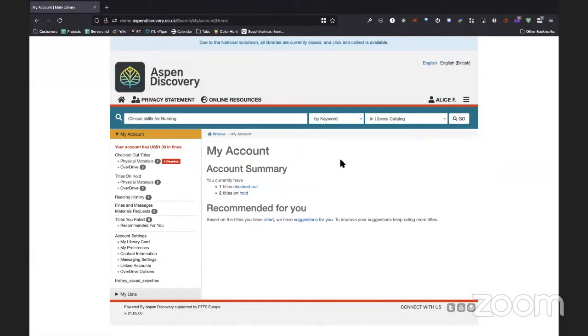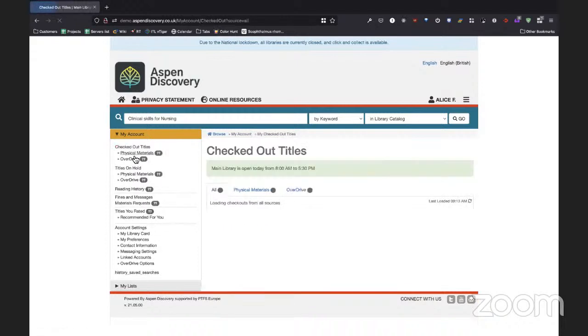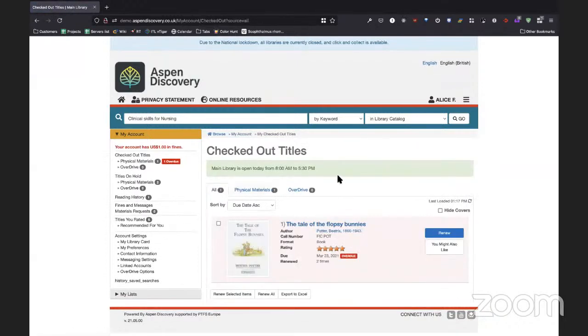And all of this information that you see here is coming live from Cohort. It's all pulled out of the library management system. So you can see it's pulling across fines, titles checked out, things like that. It will give you a summary of the fines there. Going into the first option, the checked out titles, again, this is all coming in from Core, so it's pulling